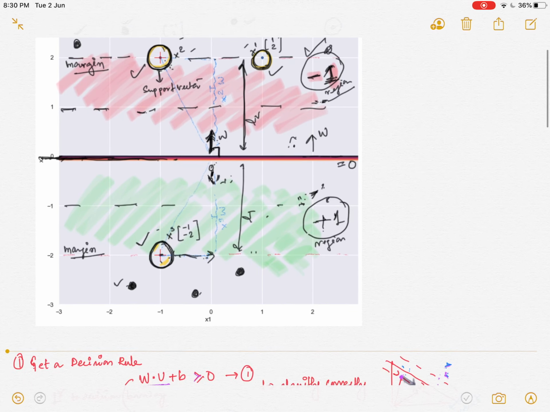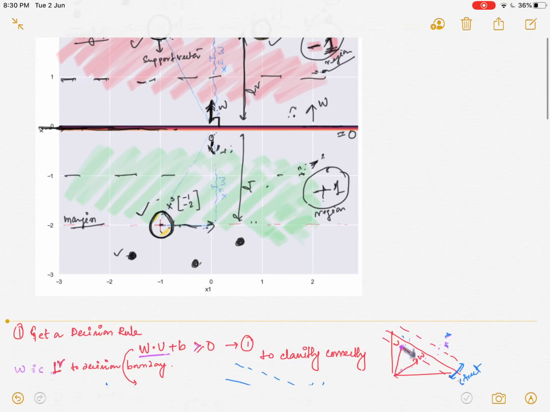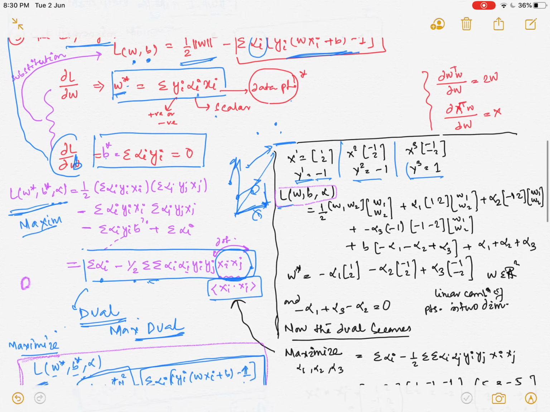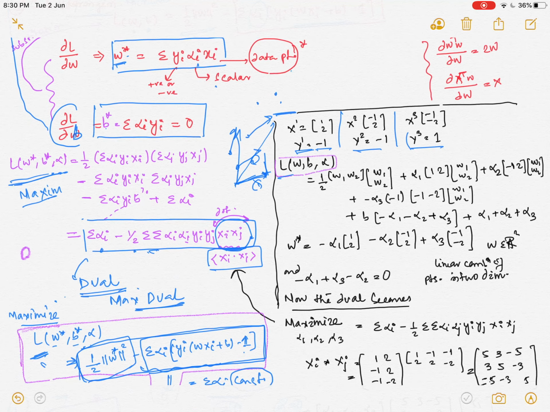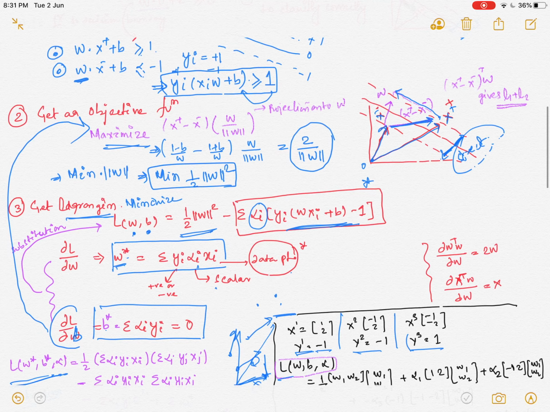So here we have picked 3 points, that is 1 by 2, minus 1 by 2 and minus 1, minus 2. Once we have those values, we have assigned the y values as minus 1 and 1. These are the classes that these points fall into. Then our Lagrangian can be written as, we just take this Lagrangian value from here, this value.